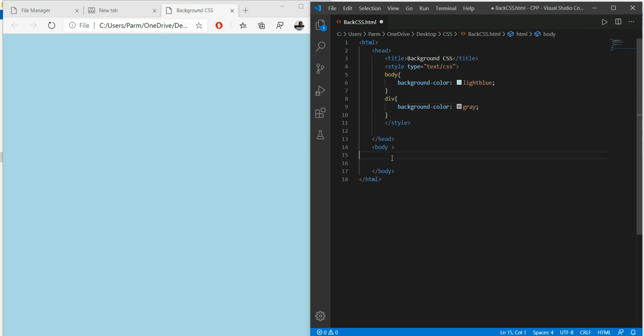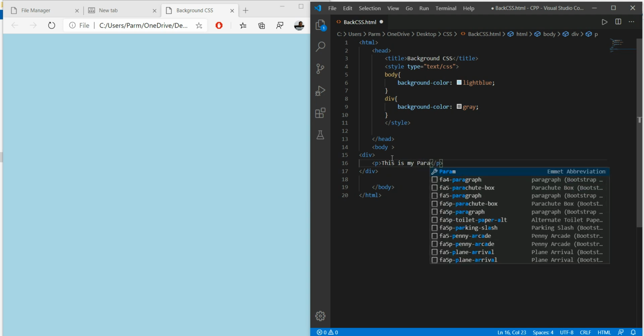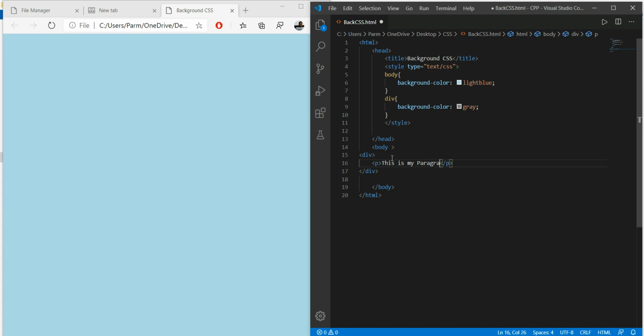So in the body I will use a div. In that I will write paragraph. This is my paragraph. Here we go. Save this.